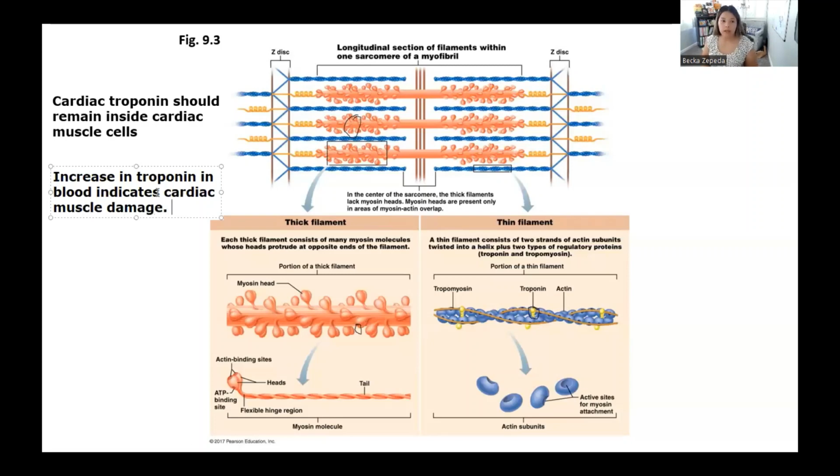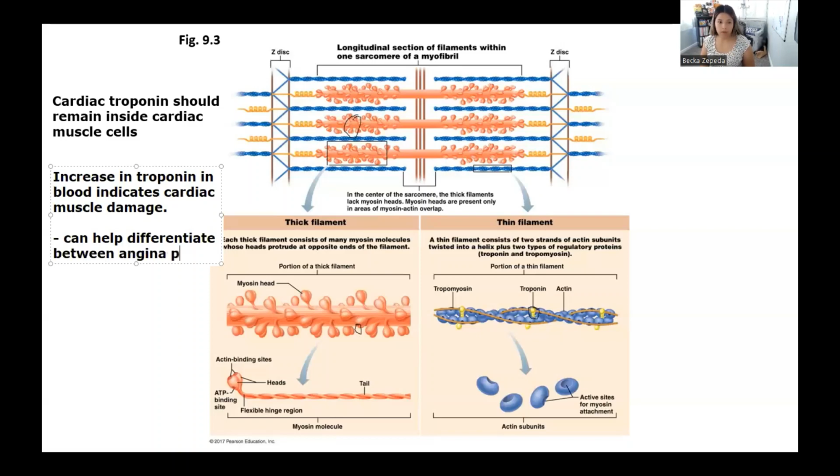So we can use this. We can do a cardiac troponin test to test for the levels of cardiac troponin in the blood to help differentiate between